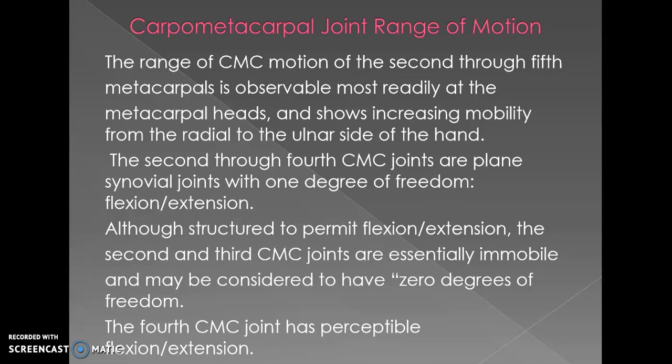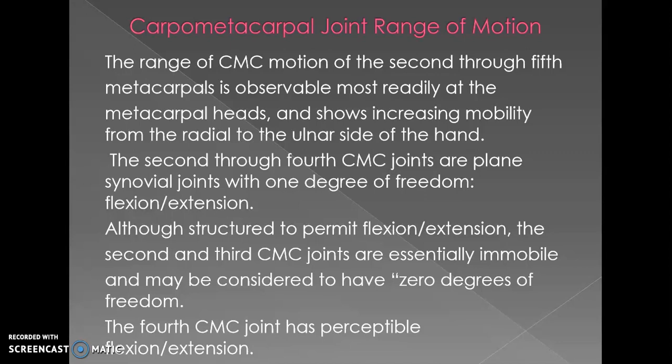You can see that the fifth metacarpal bone moves more, the fourth moves similarly, but the third does not move like that, and the second moves comparatively a little bit, but the third is more stable and the range of motion is decreasing. So that is the biomechanical aspect we understand: from the radial towards the ulnar side, the metacarpals are moving, because the carpometacarpal joint is moving. That's why the metacarpals are moving distally.